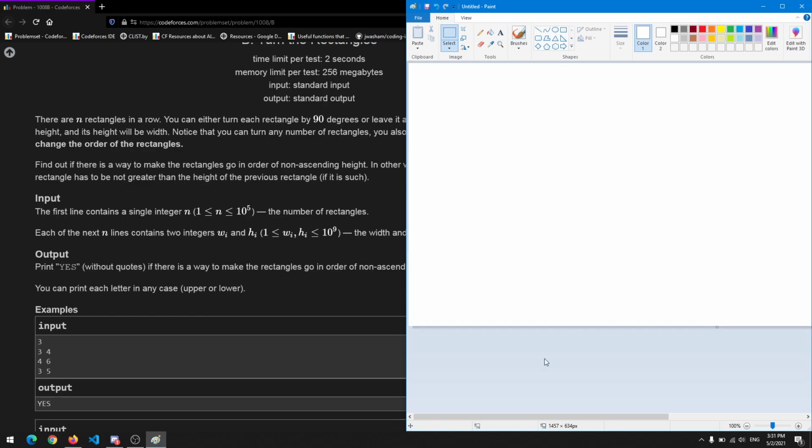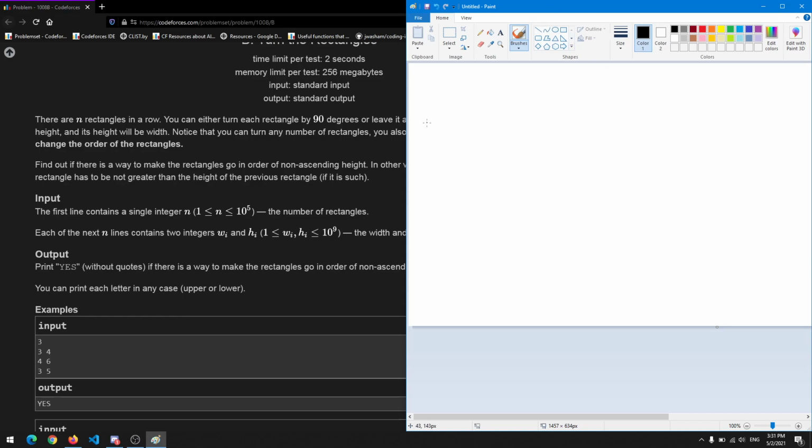So the idea behind this is to maximize the possibility of the next rectangle in line to exist, while maintaining the current position.